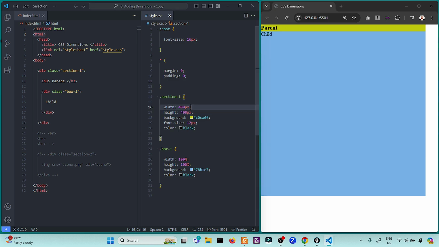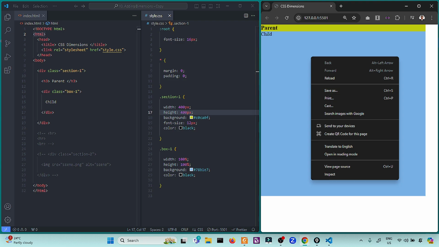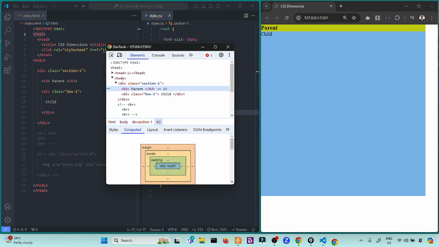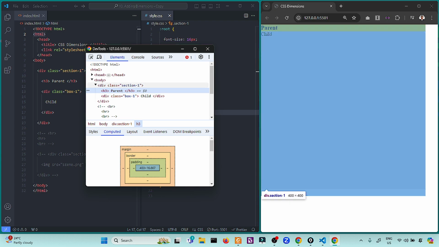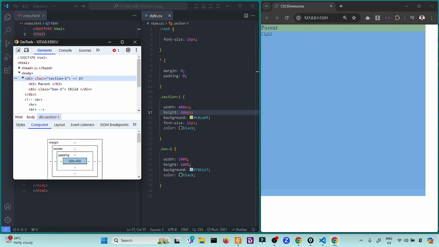Again, the width and the height for the section 1 class. If we inspect this one, as you can see, we have a 400 by 400 content area. This is the specific width and height.